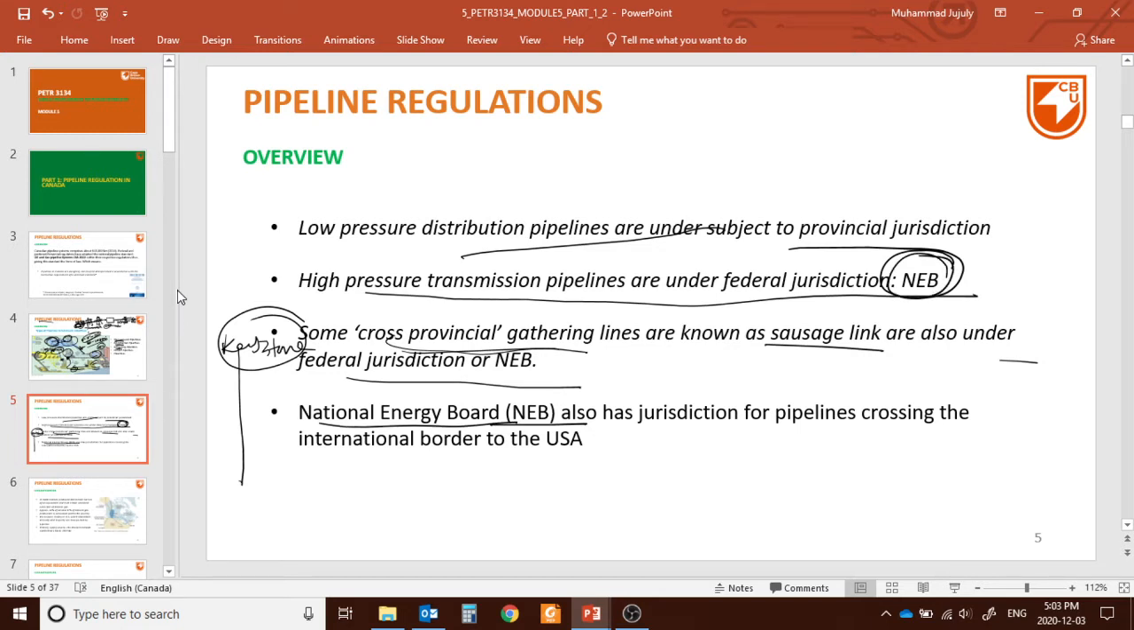Okay, so the provincial government only got the distribution network of the pipeline and some portion of the gathering pipelines, but mostly it is safe to say the distribution pipeline is under provincial jurisdiction. But the high pressure transmission pipeline, the cross provincial gathering pipeline, and the pipeline crossing the international boundary, all these different types of pipelines would be under the jurisdiction of the federal government, or the